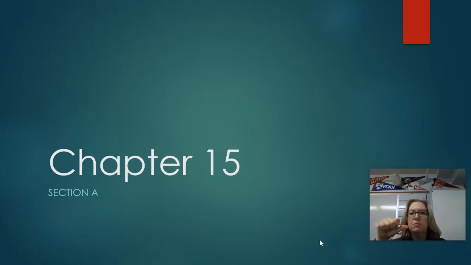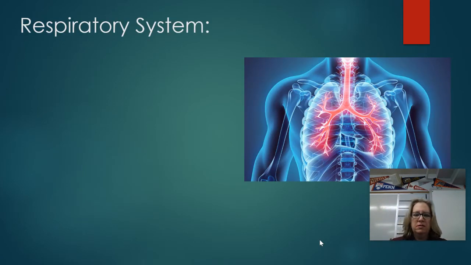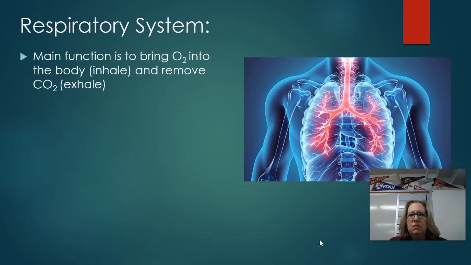We're going to cover the respiratory system today. The rest of the chapter will cover the circulatory system and the lymphatic system as well. But today, respiratory system. Okay, so the main function of the respiratory system is to bring oxygen in, and we